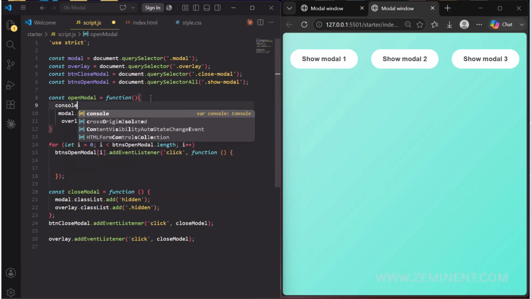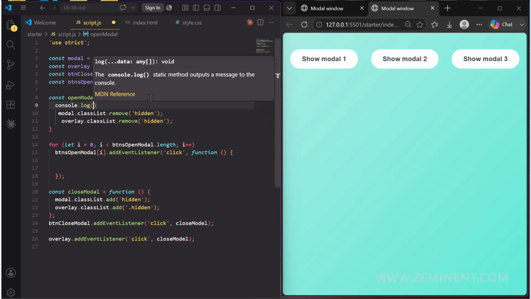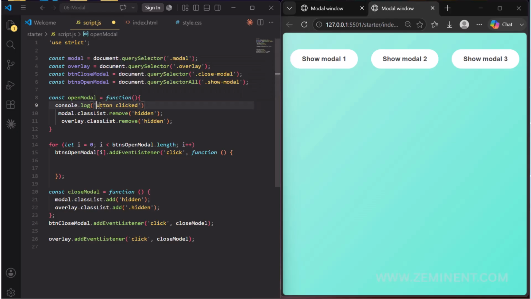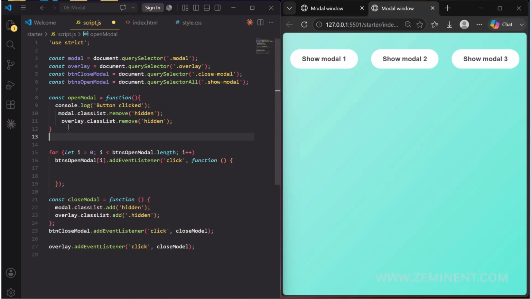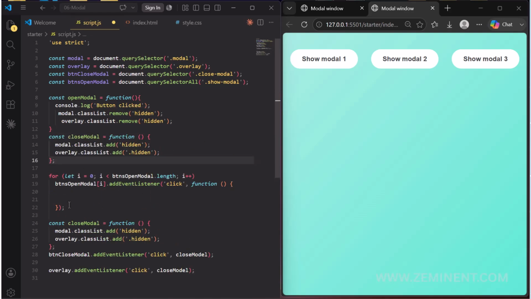It is console.log, button click. And then here I'm placing this. Now here the function value should be